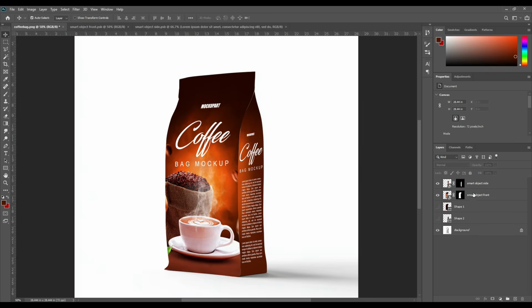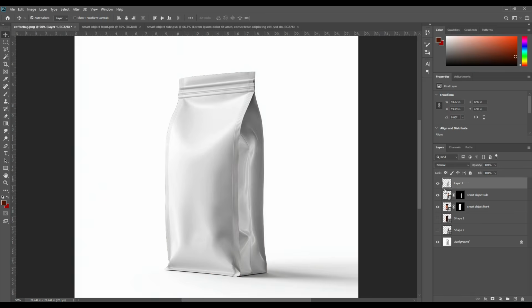Now hold the Ctrl button and Shift button from the keyboard and click on mask 1 and mask 2. Then select the background layer and press Ctrl J from the keyboard. Drag the layer 1. Again press Ctrl J 2 times